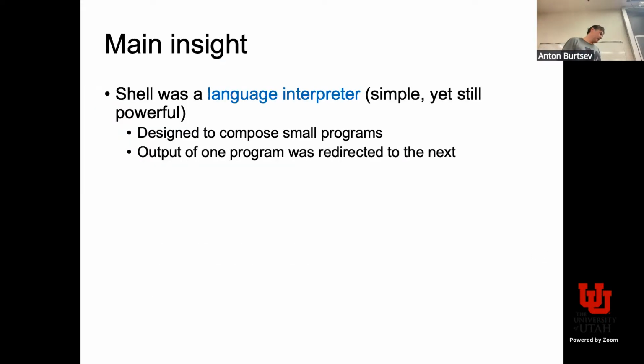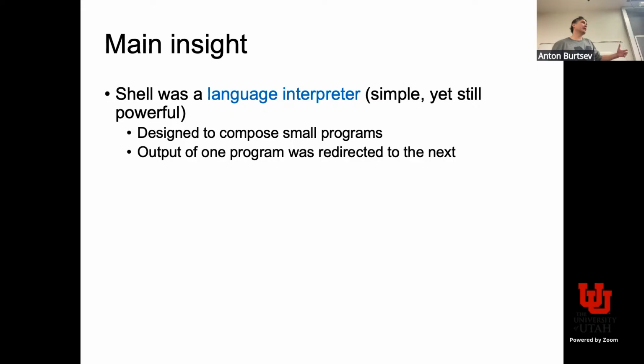Conceptually, again, why it survived all these 50 years is that it was designed as a minimal language interpreter. My default language interpreter today is Python, and probably yours too. If I want to do something fast, I open up Python, because the ecosystem of libraries is so rich that I can do almost anything, like open a CSV file and do some stats on it. But for them, they said, okay, we need a minimal language which allows us to compose an ecosystem of small applications.